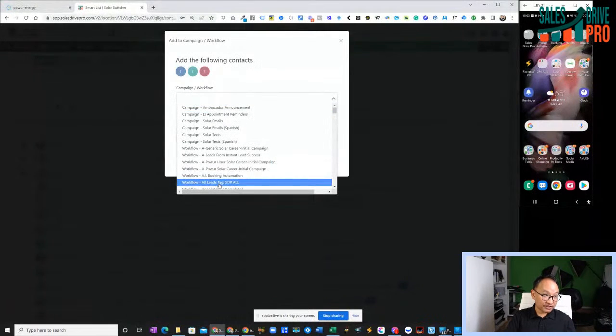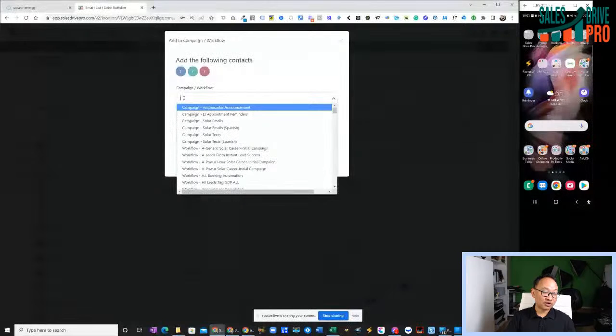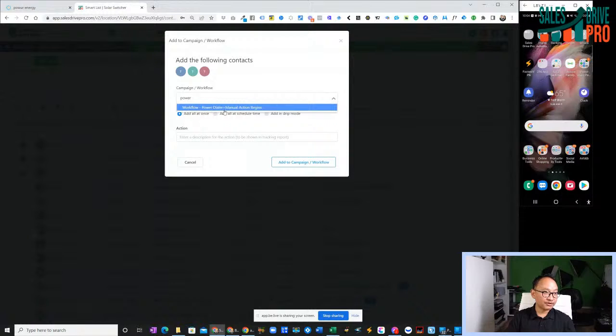There are lots of options here. All you have to do is, in the search box, type Powur dialer, right? Powur. Do that, and it will show up Powur dialer right here. Select it. That's it. Just select all, add all at once, right here as it is, and then you just give a name, like testing, right? Name to this task, testing,